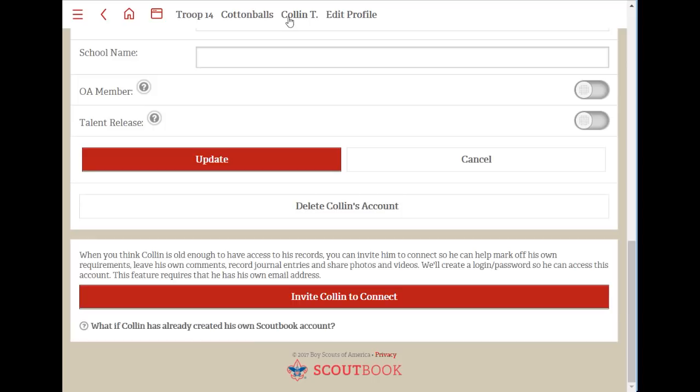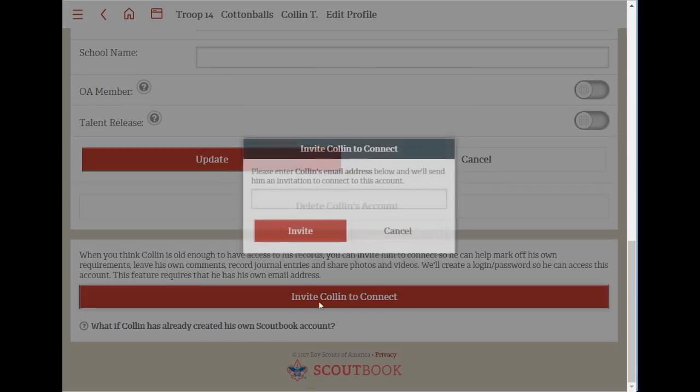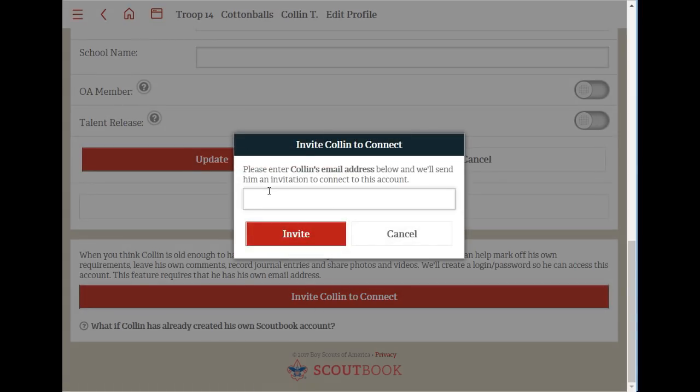So again, you go into their account, you go into edit their profile, you scroll to the bottom, and you click on invite Colin to connect. It's going to ask you for the email address that your son or daughter uses. You put that in there. Scoutbook will send them an email similar to the email that you received with a password, and they would log in similar to the way you logged in,